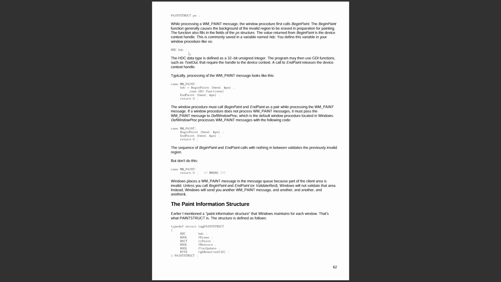This handle to device context is our gateway to the GDI functions. And it looks like we begin the paint, we use some GDI functions in between, and then we finally end the paint, passing in, of course, the Windows handle and the same paint structure address that we used prior. The window procedure must call BeginPaint and EndPaint as a pair while processing